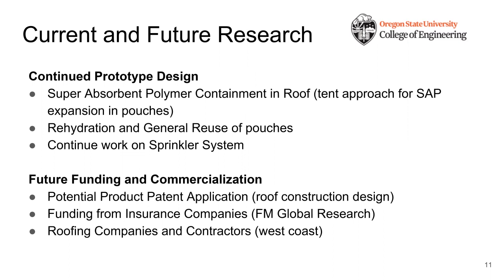For the moment, we continue to work on creating a more robust design for our product that can be scaled up to a residential level. We continue to revamp our testing and design methods in order to create a viable system that can be deployed anywhere. In the future, we plan on scoping out commercial interest in our product so that we may apply it